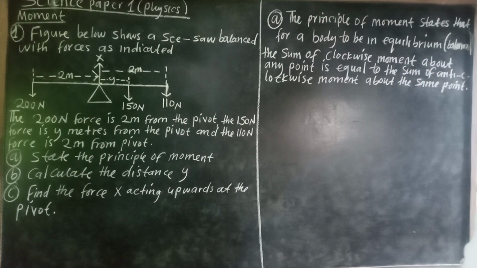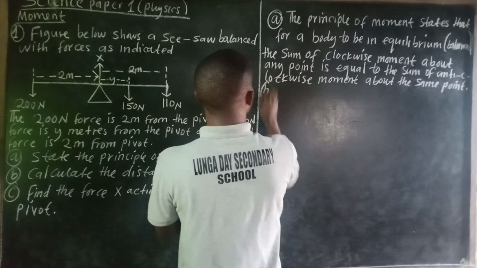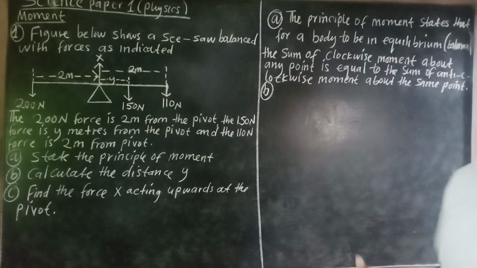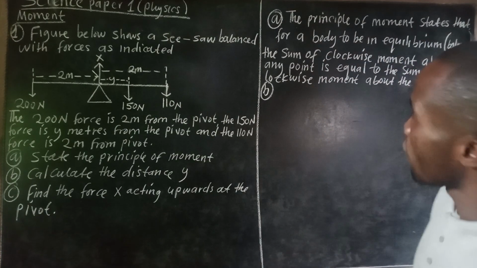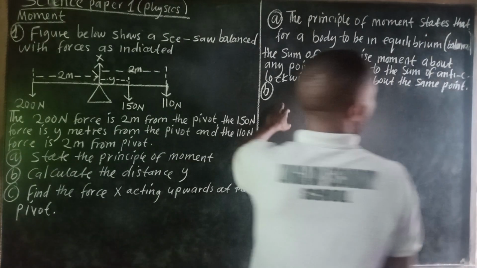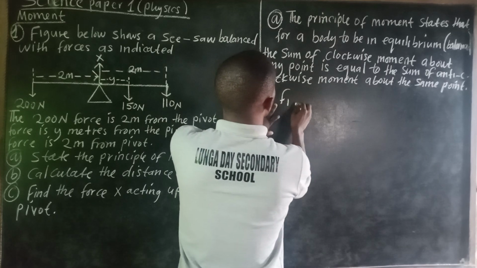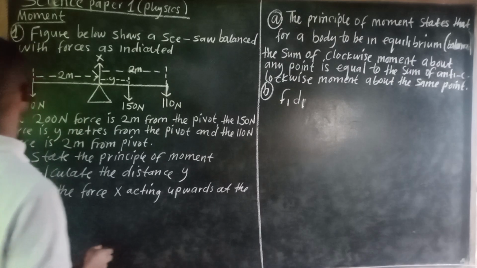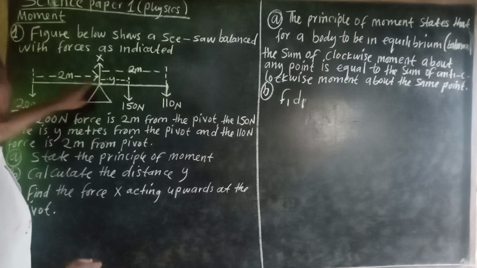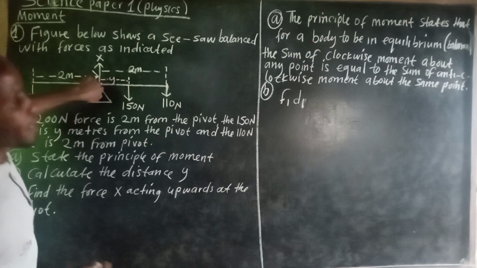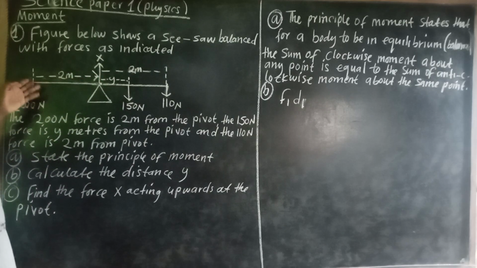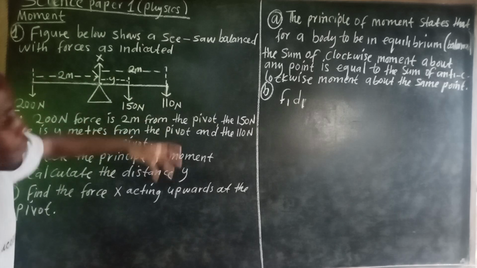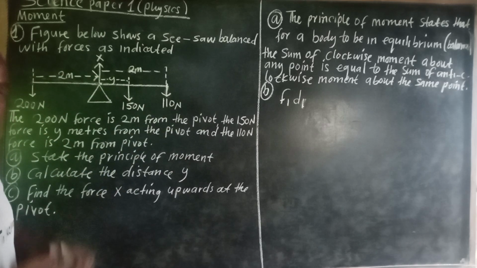Then we go to question B, calculate the distance y. So now there we are going to come up with the formula for moment. The moment we say force 1 times distance 1. So we have force 1, and its distance is this one. This one is going to be named the distance from the pivot to the point where the force is exerted, referred to as force 1 times distance 1 is equal to